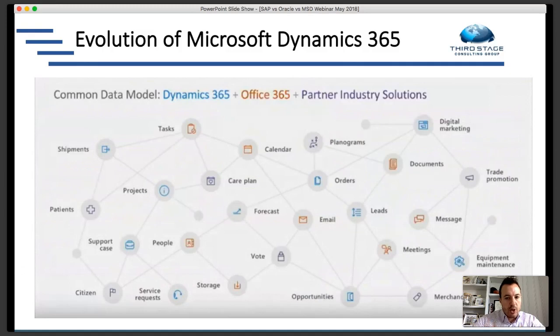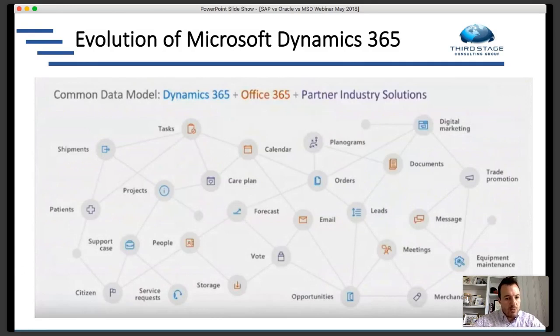Because of the product's flexibility and because of the way Microsoft goes to market by having their partners do most of the selling, they've combined those two things to enable partners to create industry-specific solutions and their own intellectual property, their own variations of Dynamics 365. That can be good because it gives you more options in the marketplace, but it also creates a bit of confusion. You have to make sure you know what exactly you're getting. It creates a certain amount of dependency on one specific reseller because they own that intellectual property.